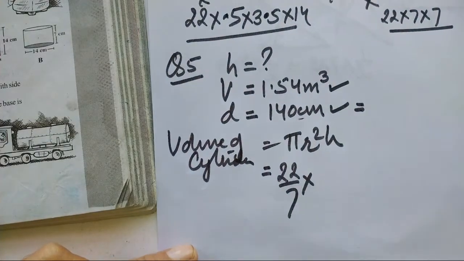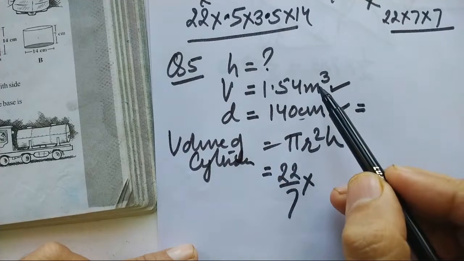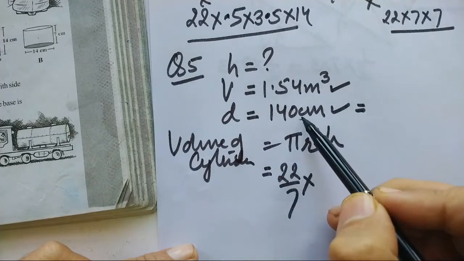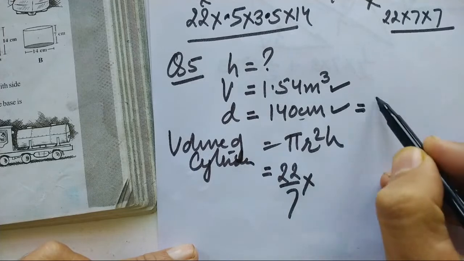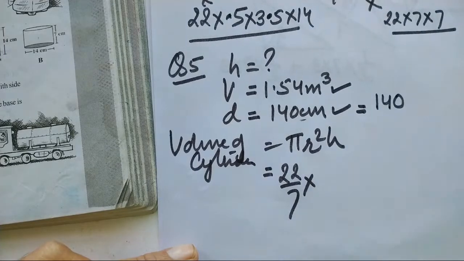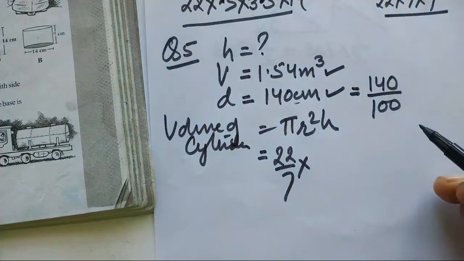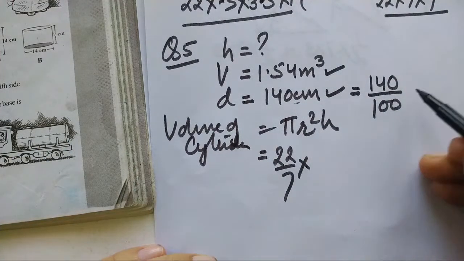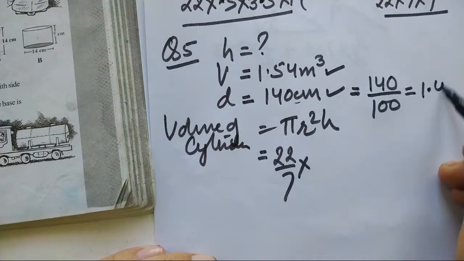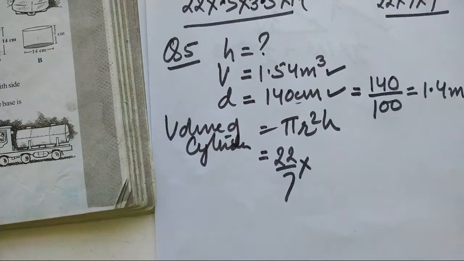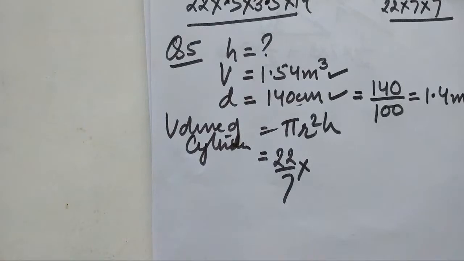So if I solve, I have to use the same unit. So this is meter. I will change this also into meter. So how will I change it into meter? Divide by 100. So this will become 1.4. So when it becomes 1.4 meter,